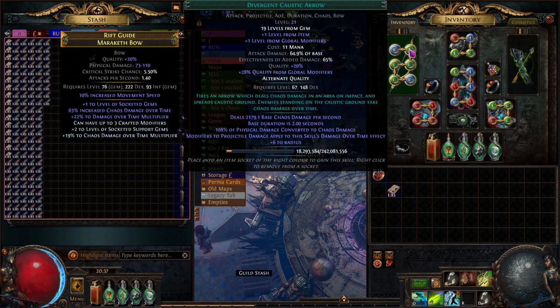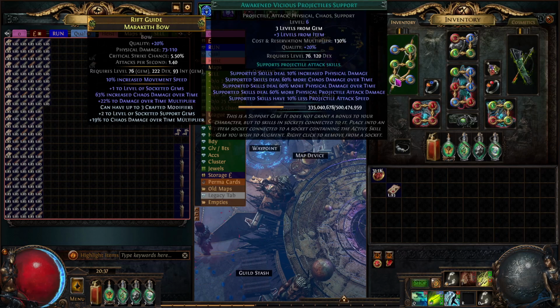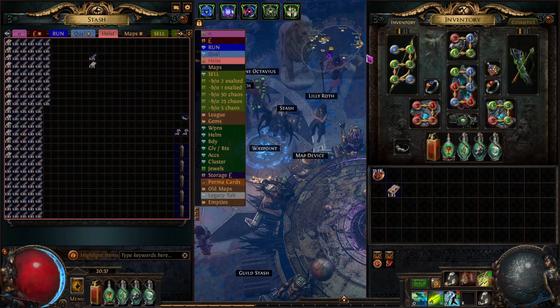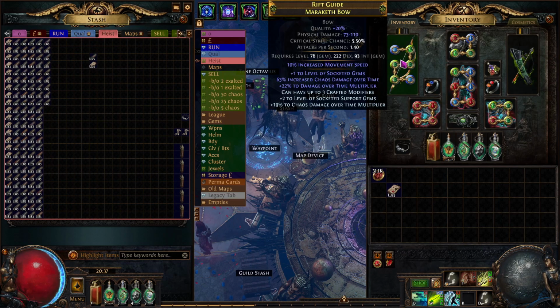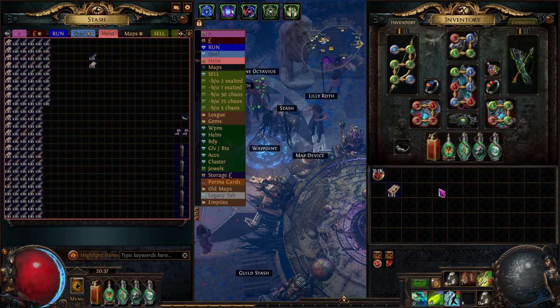So we've got our Caustic Arrow, Mirage Archer, Void Manipulation, which should be Awoke. I don't have a spare one at the moment. Awoke, Vicious Projectiles, and then Efficacy and Decay. Now, because I'm running this bow with an Ashes, I can then 6-link my auras, and additionally with the Archnem